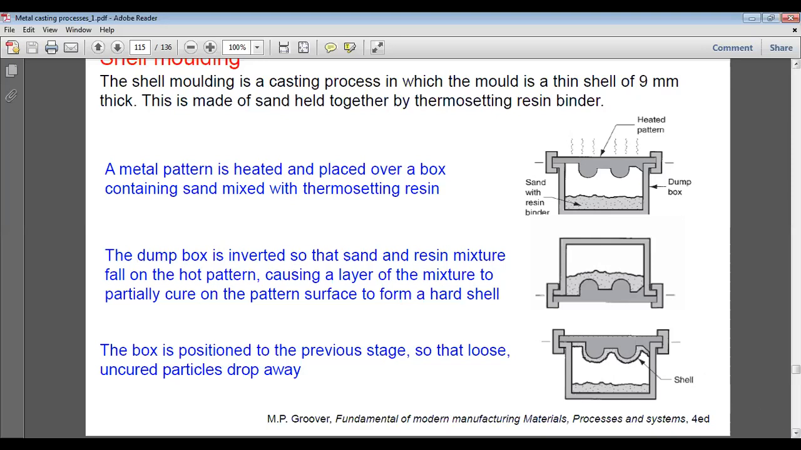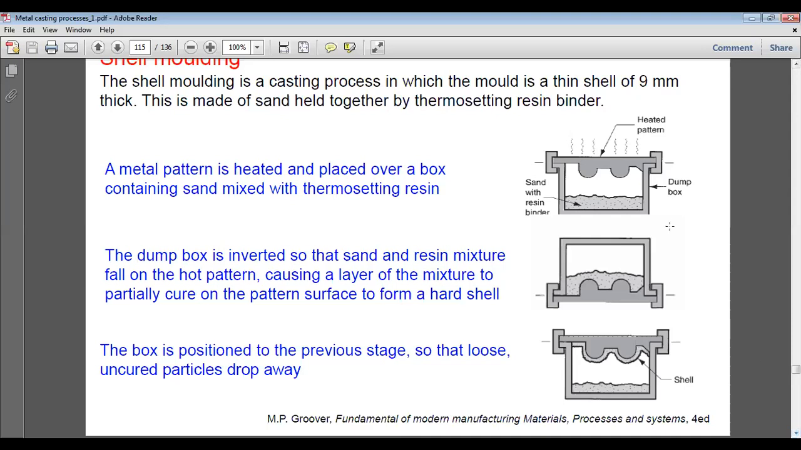Shell molding has a shell of a thin layer of wall, approximately 9 millimeter thin. So this is called shell molding. This is complete, similar to molding or casting, and this has no effect. The only difference is that we utilize less